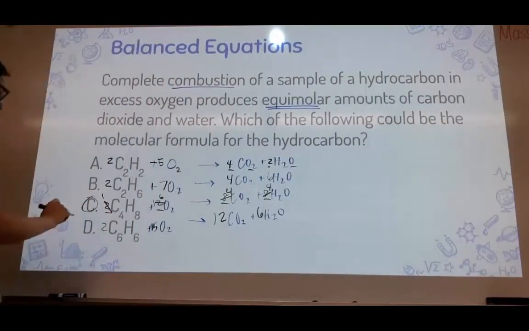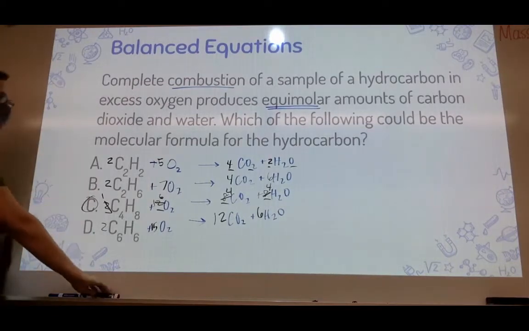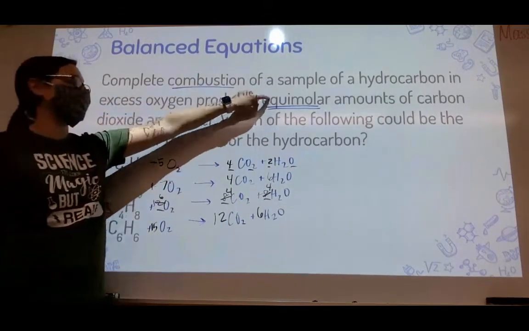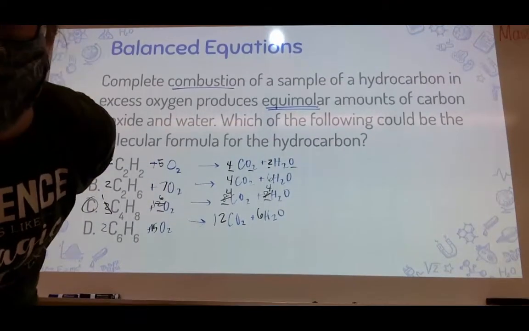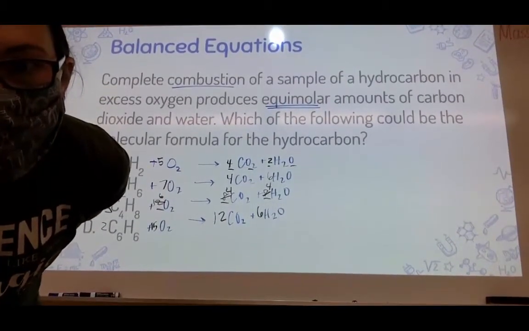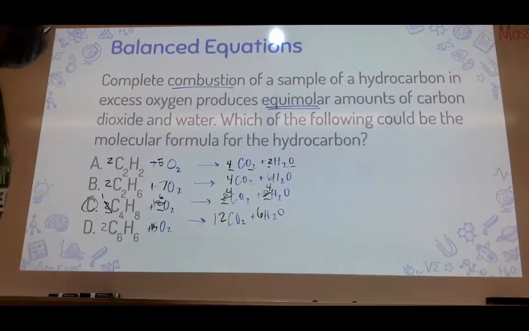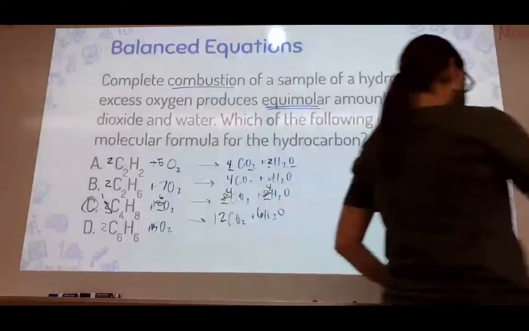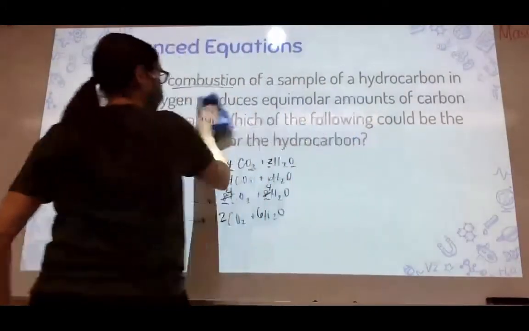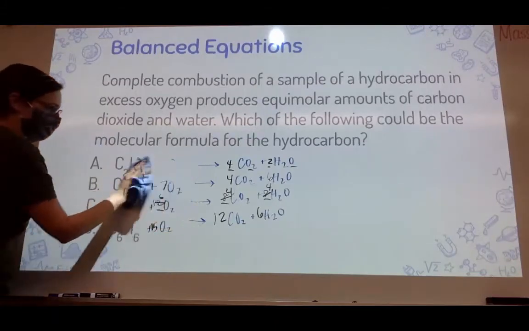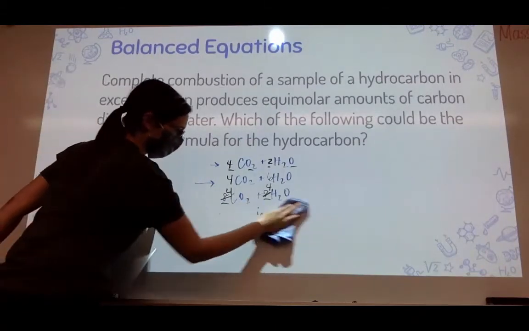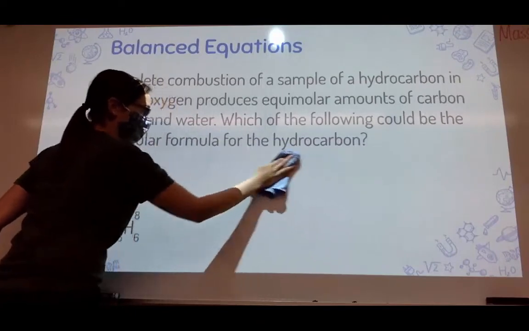C. Right, that's our answer. So sometimes we have to actually go through and figure it out, but the important thing here is that it said it produced equimolar amounts of CO2 and H2O. Let me answer. Yep, okay. So I guess we did review balancing, but more specifically, this was reviewing combustion, usually the most difficult ones to balance. But if you remember that 2, it should work out. And if you can divide by 2, if they're all even,